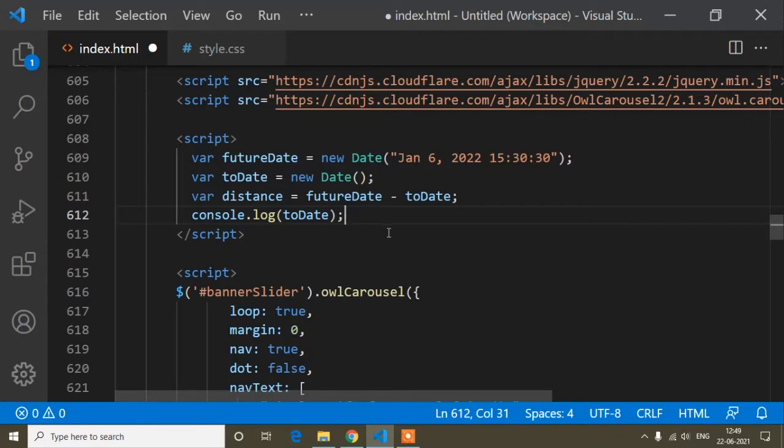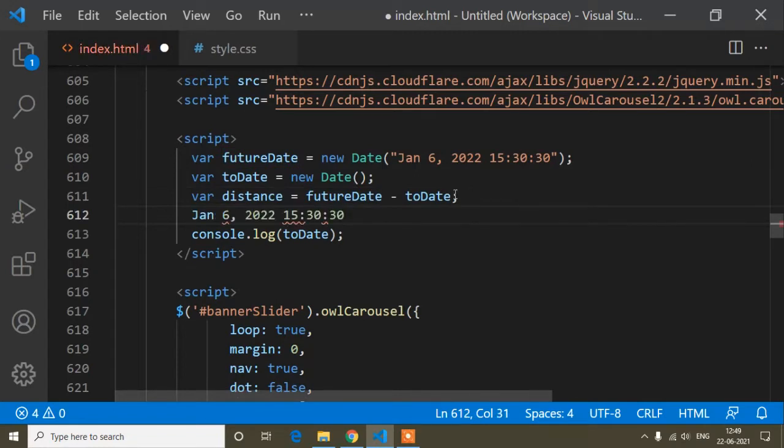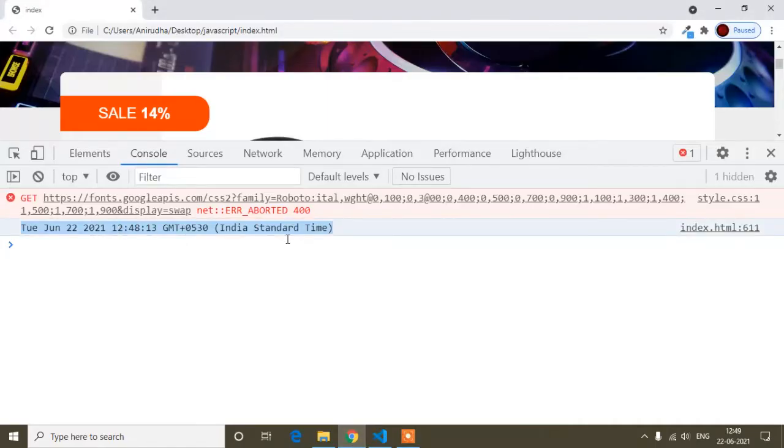And guys, here is the main thing, you can see the future date is showing like this. So if I subtract today's date from the future date, future date is this one. Okay, so here I will write a comment. Future date is this one minus today's date, and today's date I am getting like this.